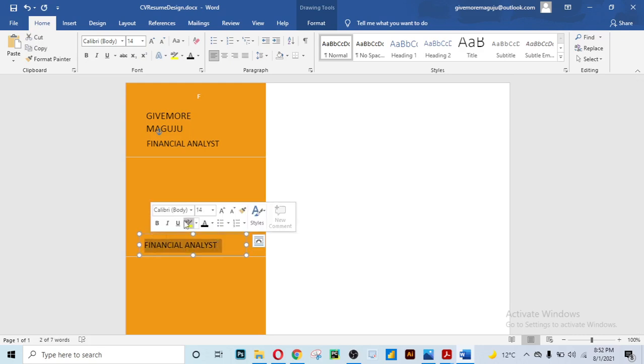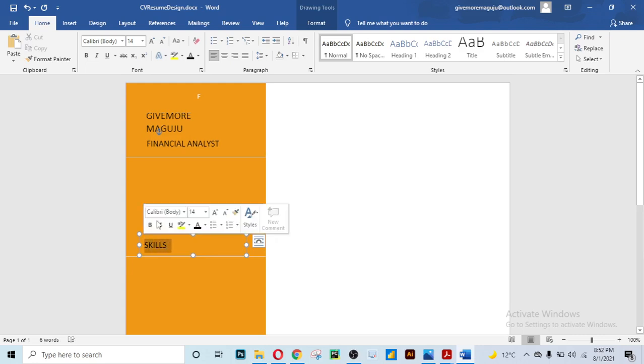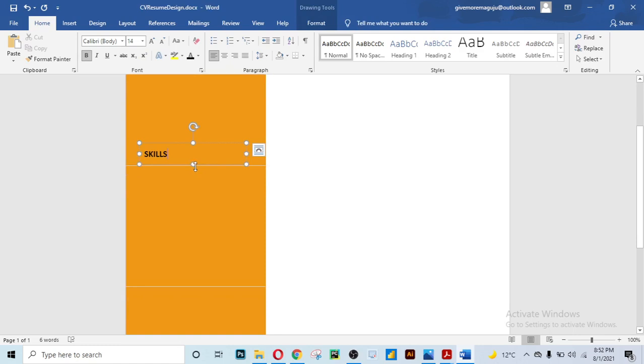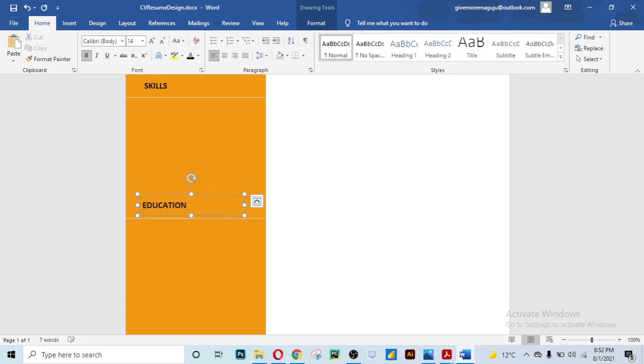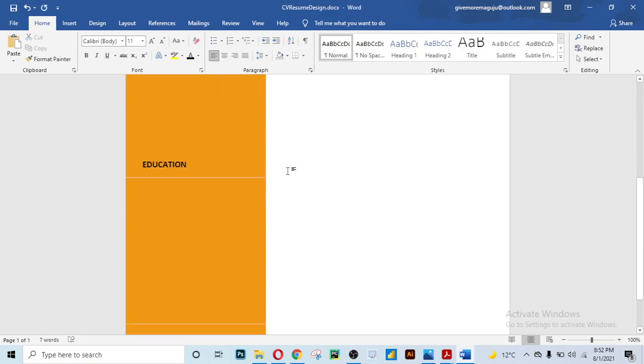And then we're going to write skills inside here. So skills, that's great. And we are also going to hold this and move this here, and we will write education. This is the section for education,